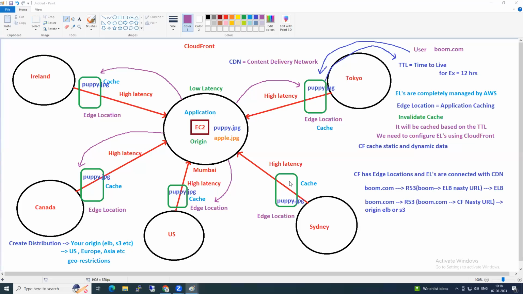Guys, CloudFront is used to reduce latency across the globe. Simple. I went a little deeper to make the logic behind it clear. Do we need to worry about what is happening in the backend? No need. You just go to CloudFront, create a distribution, select the origin, and hit enter. That's it. You will get low latency.